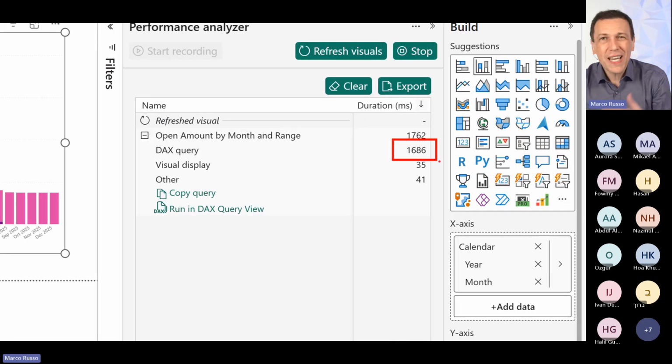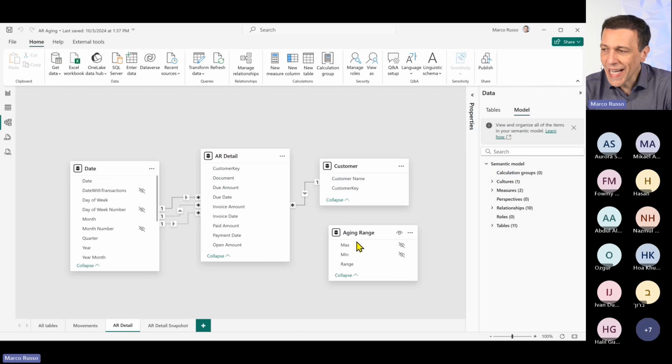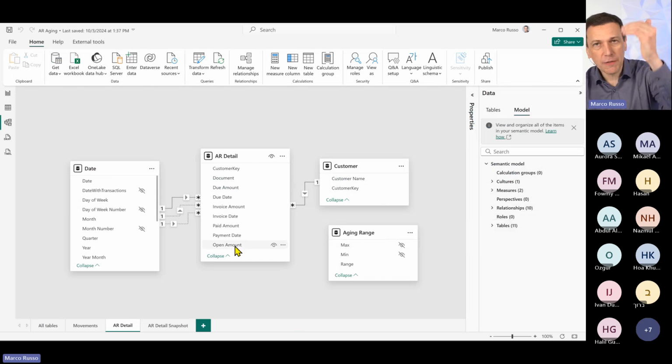You might say, okay, Marco, this is not bad. Well, if I increase the volume, this could be 20 seconds. If I go to 10 million invoices, it could be like 10 seconds. And let's say that we want to optimize that. The reason why it takes so much is because we have to repeat the scan of AR detail, 1 million invoices, for every data point in the report.